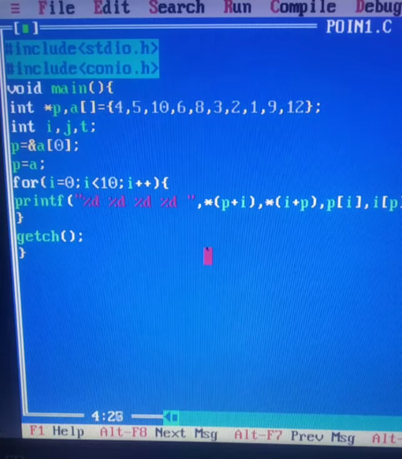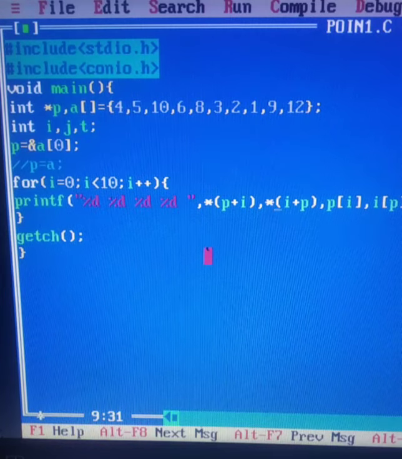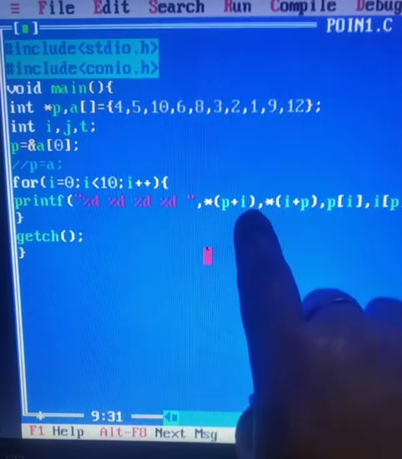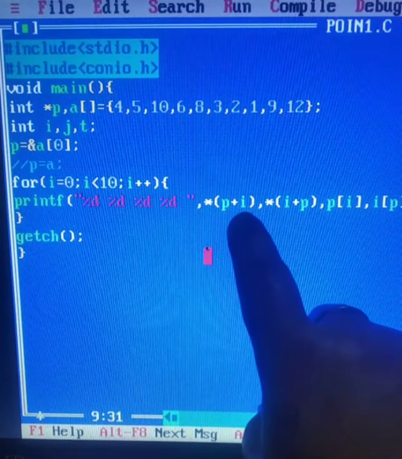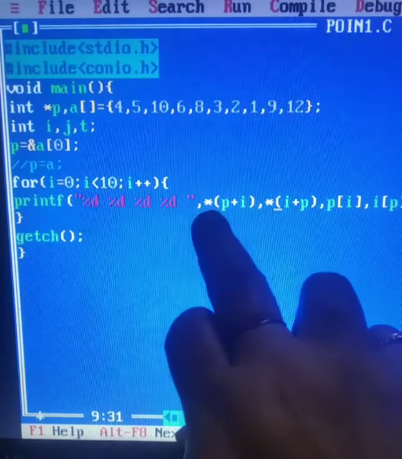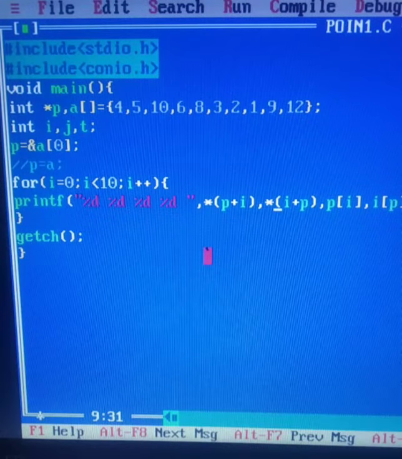First, let's look at the program. I have declared a normal pointer P and then the array A with 10 values which are randomly arranged. Then I have declared some variables. P is equal to address of A[0] or P is equal to A. Either of them can be used. Then I am using the for loop in order to print all the values. See, with this I am writing *(P+i). P is standing at 0 position and i also is at 0 position. So 0 plus 0 remains at 0 position, and with the star it is going to pick up the value 4.